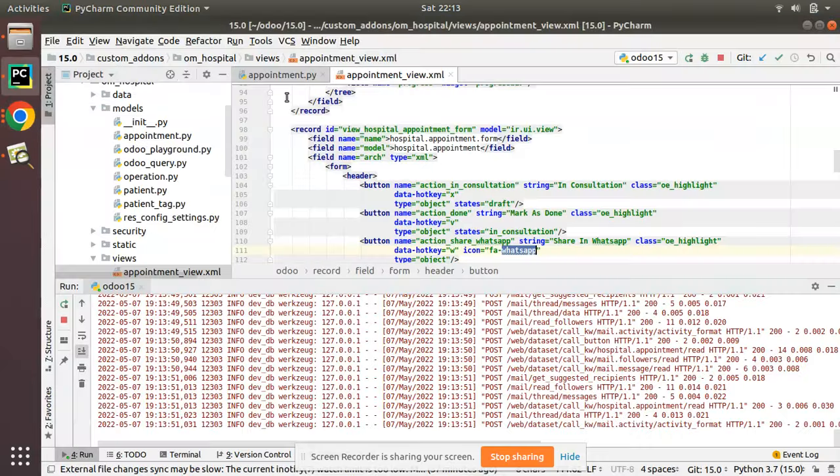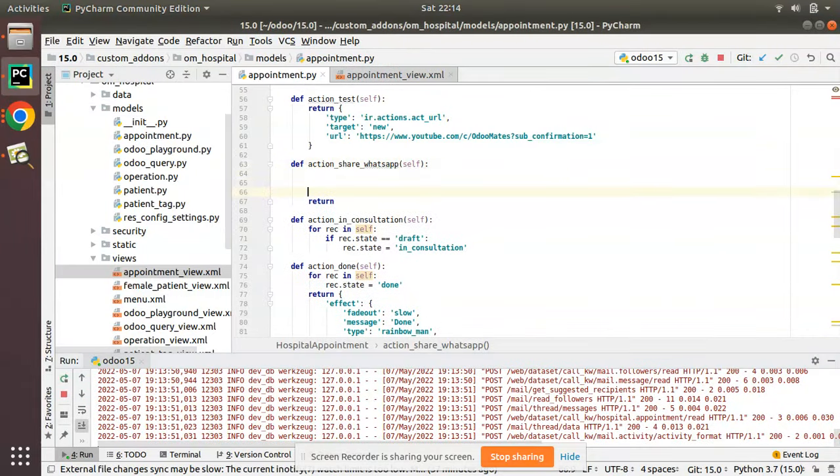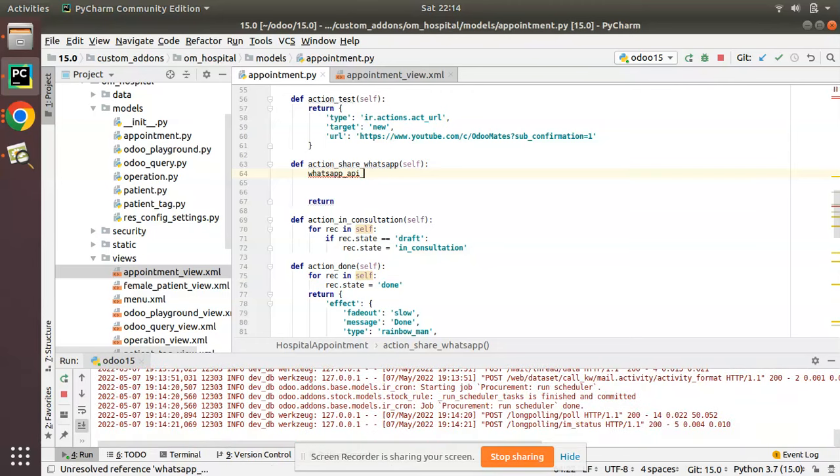I'll go to PyCharm, and here we have the function, and we will be adding the rest of the code over here. I'll be using a URL action in Odoo. We have already learned how to return a URL action. Here we have the sample code. For the WhatsApp API, I'll create a variable WhatsApp API URL, and assign it https colon double slash